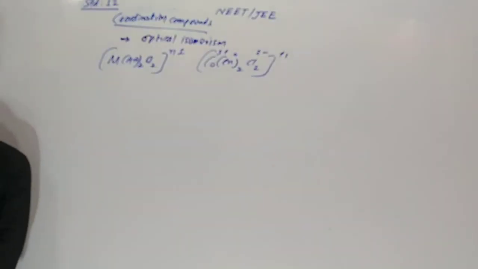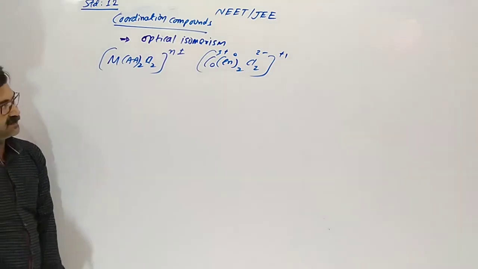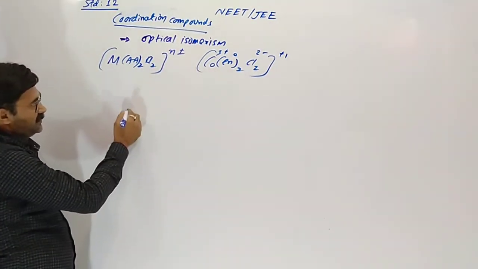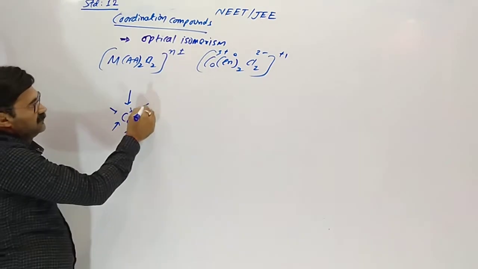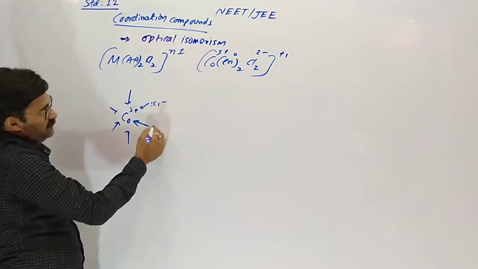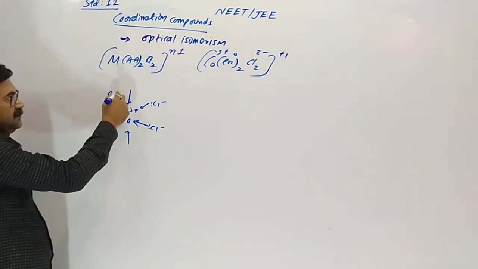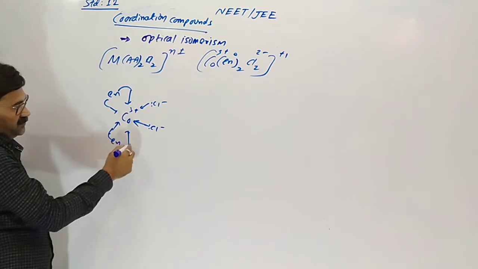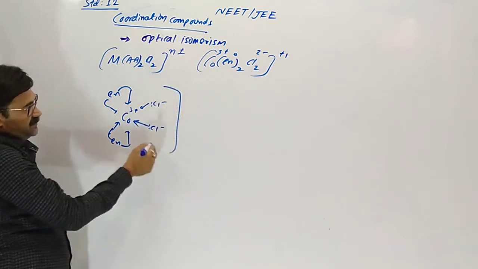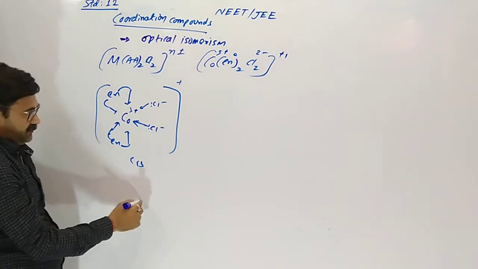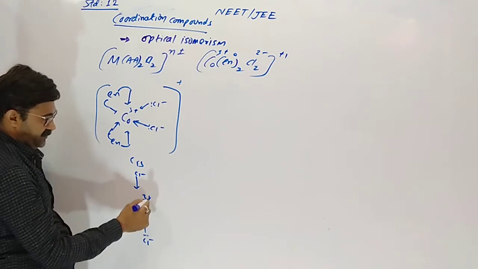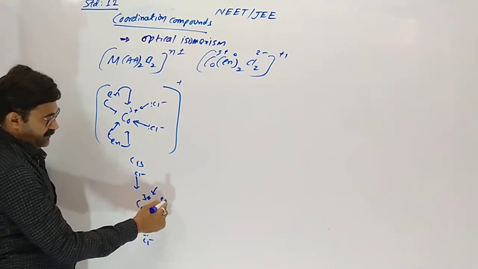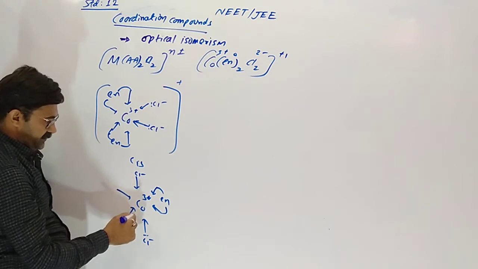There are trans and cis. Yes, A2B2 gives cis trans, cobalt plus 3. The 2 chloride are close to each other, 2 en close to each other, so this one is cis. What about trans? 2 chlorido are opposite to each other and 2 en are also opposite to each other.